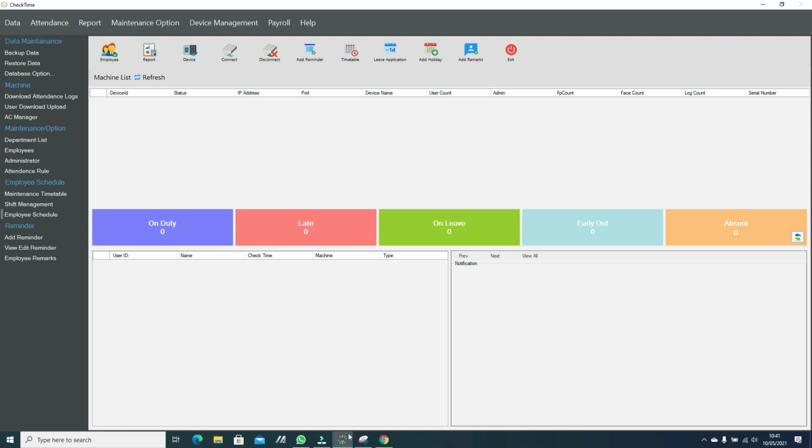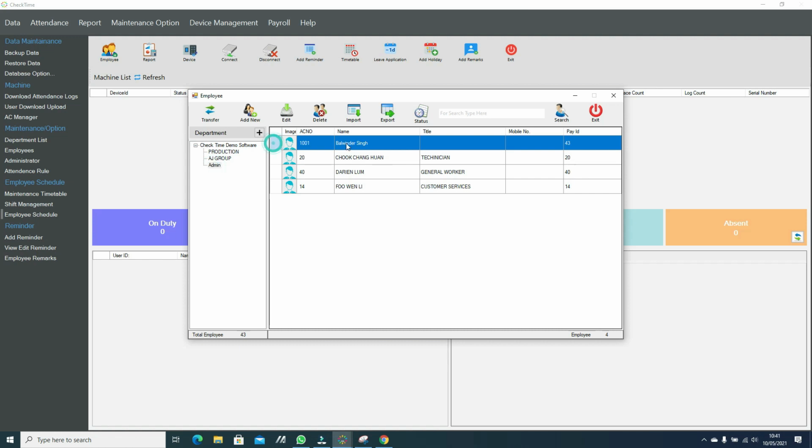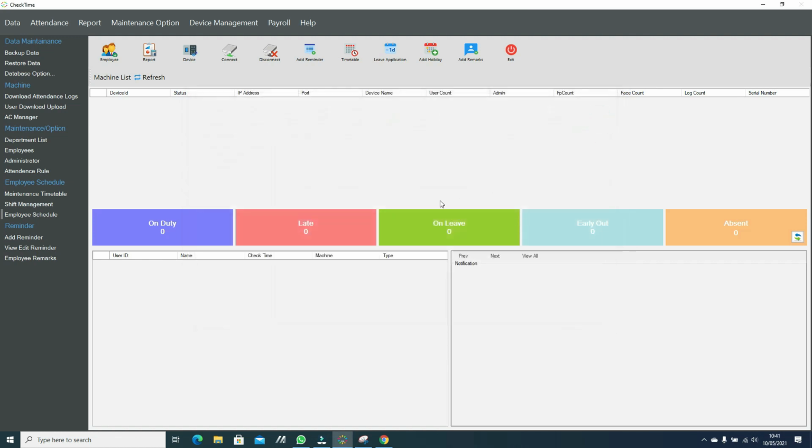Today I'm going to show you in the CheckTime software a new function they call yearly schedule or daily roster. First, make sure you have the employee in the CheckTime software. We are going to use this employee to give different schedules. In this function you can give every day a different schedule, like you have in the year 365 days. You can define a rest day that is different every week, and the schedule also different every week.